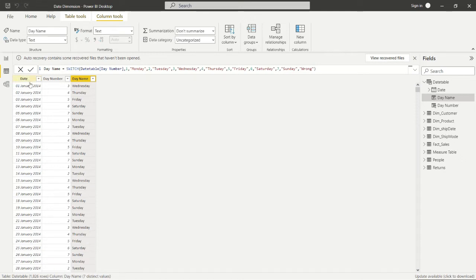Now here this date is given. Suppose we have to calculate the expiry date, say an expiry date exactly 6 months from this date. This is the first of January 2014, so exactly after 6 months means the first of July will be the expiry date. We have to calculate that, so in that scenario we will use the EDATE function. Basically EDATE returns the date that is the indicated number of months before or after the start date. So let's see.